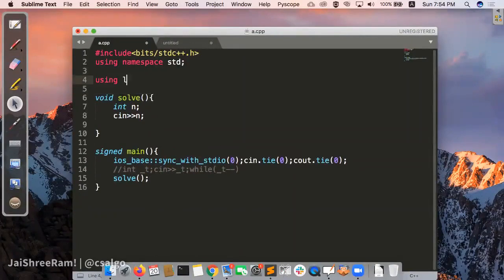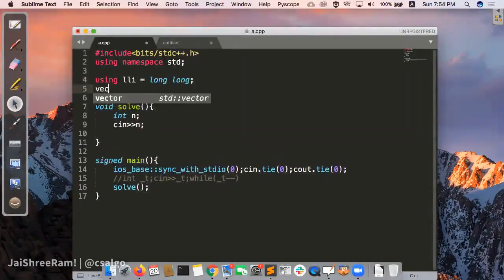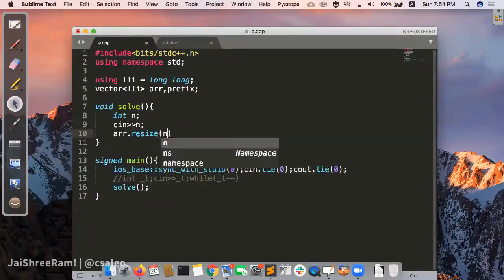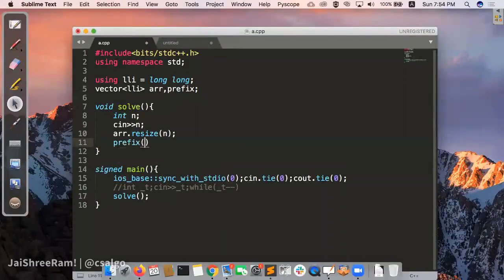So just quickly define LLI, long int, as long long, and then you can create a vector of LLI for ARR and the prefix sum that you need, right? These things you can create very easily, taking the input n. Now, you actually don't need global scope in this particular problem, but let's keep things in global only for this one. So if you're keeping these over here, you need to resize them. Don't forget this. This is one more mistake that you've seen. Don't forget to resize them when you're keeping them in the global scope.